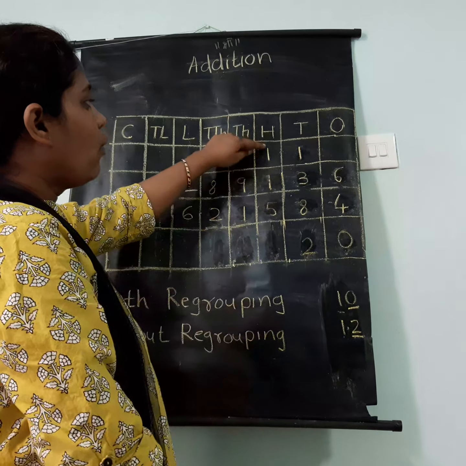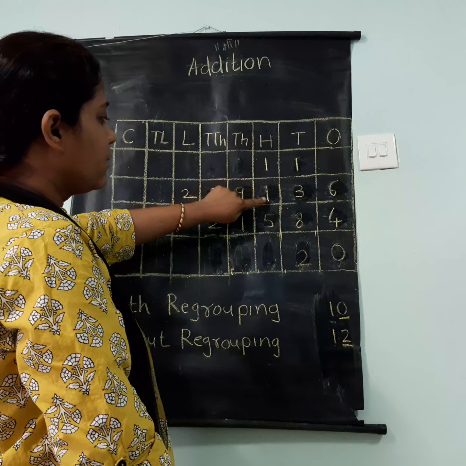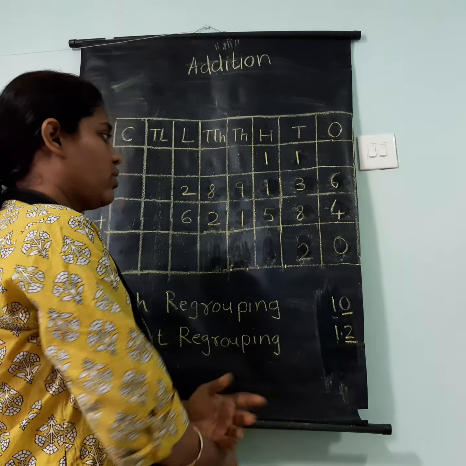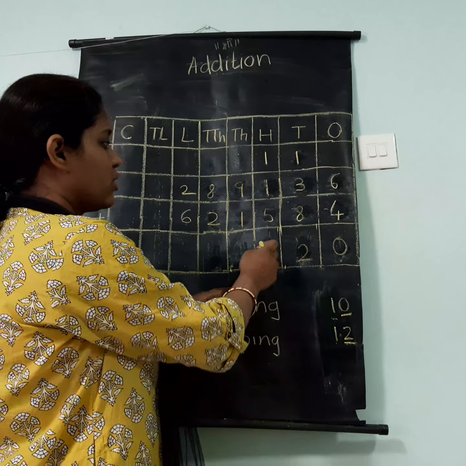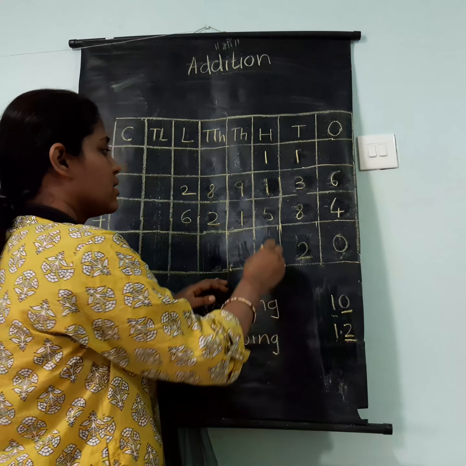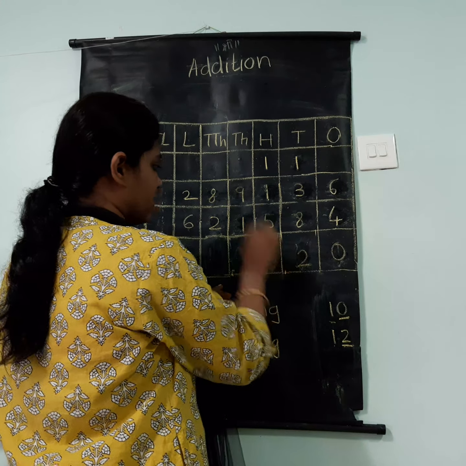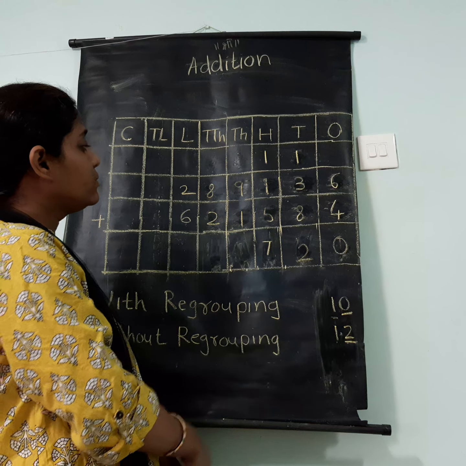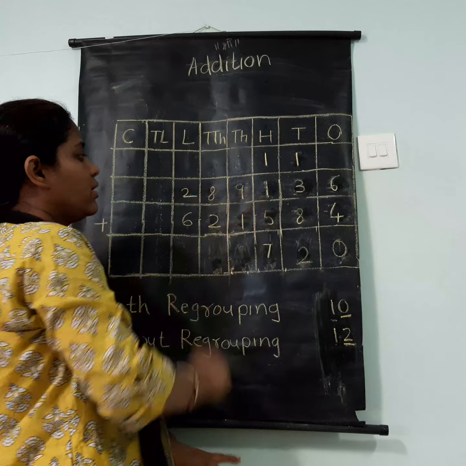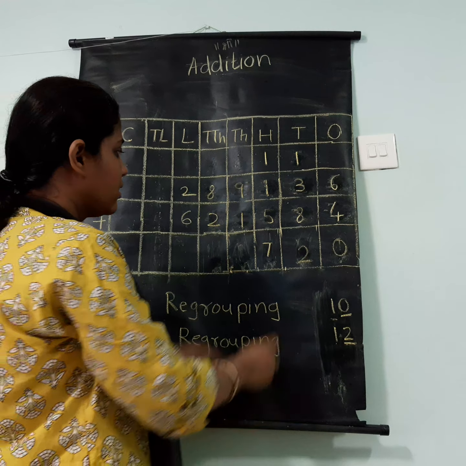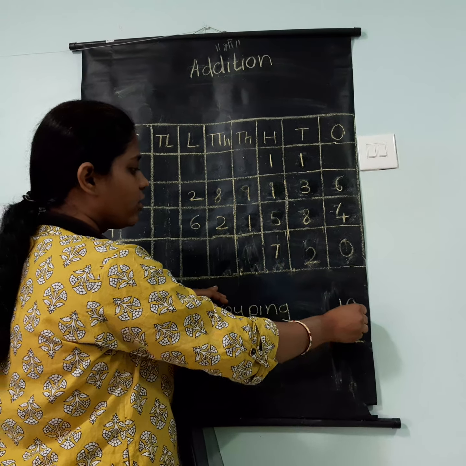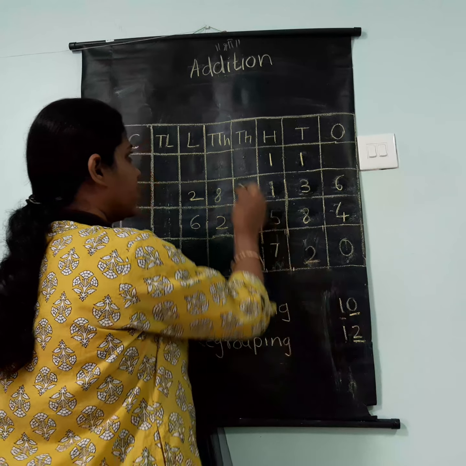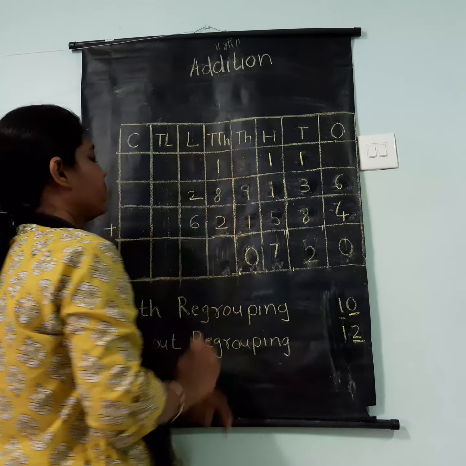Okay. Now 1 plus 1 plus 5, what is the answer? 7. So no need to carry now because you are getting 1 digit. You have only one place, so you will write 7 over here. Moving to the next thousands place value, 9 plus 1, again you are getting 10. So what will you do now? 0 you will write over here and 1 you will carry to the next place value.